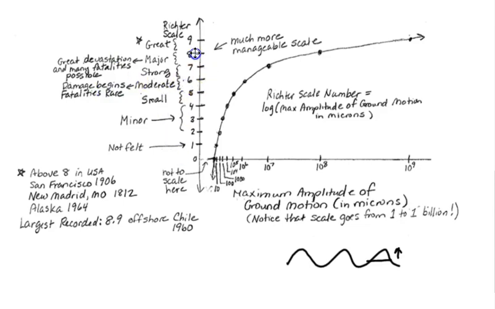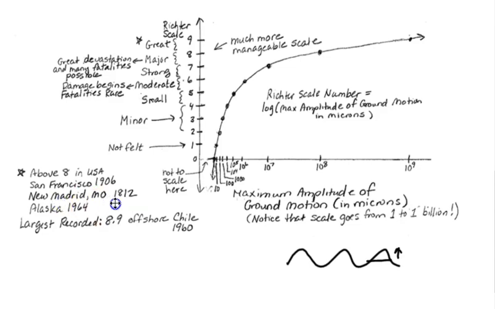It's very rare to find something higher than 7 on the Richter scale. There's only been 3 in the history of the U.S. that have been above 8 on the Richter scale, and they're listed down here. New Madrid, Missouri is the one that's closest to us, so we're actually near an earthquake fault that has been inactive for quite a long time. I remember a couple of earthquakes in my lifetime that have been very minor, but nothing major. But there was a huge one in 1812, and there's actually a